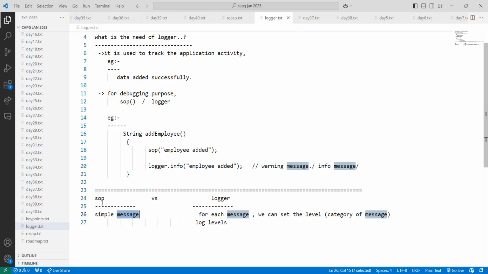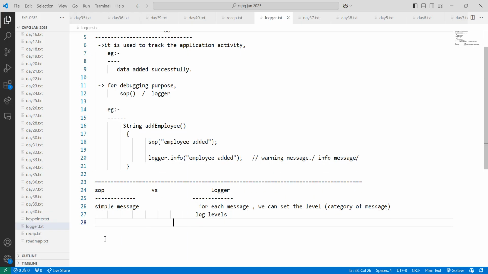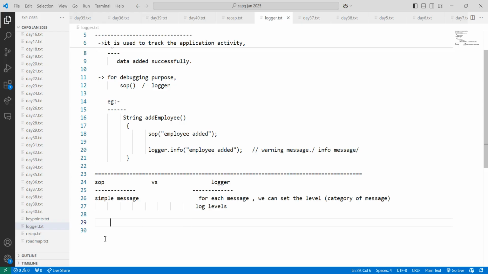Here in SOP, we can print a simple message, but only in the console.